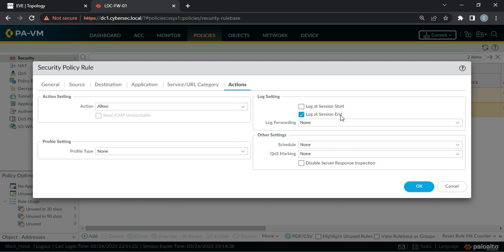Then logging setting. So log at session start, log at session end. We generally do log at session end so that we can get the complete details of the session. And then you can also configure the log forwarding profile, if you have any syslog server or any log listener available in your network. So you can configure that. But right now we're just keeping it none. Okay. And you can also create the schedule for when you want this rule to be active or deactivated, and if you need to have any QoS, right? So you can do that. And if you want to disable server response inspection, that can also be done. So it's okay,